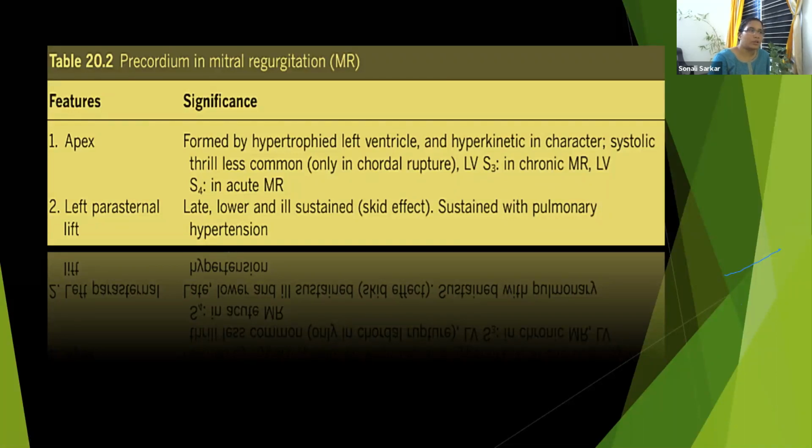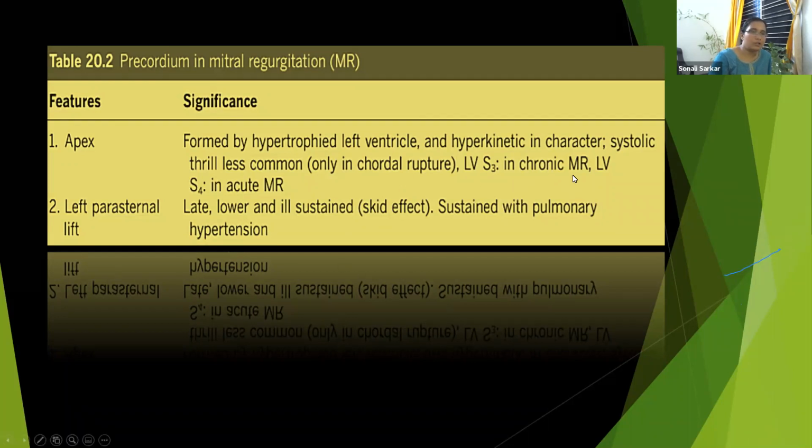Diastolic thrill in mitral stenosis is common. Now you will also find an LV S3. That is, in diastole you may feel that the heart is coming back and producing a pulsating sensation on your fingers. It feels like the purring of a cat. If you have touched a cat who is lying quietly but purring, those people will be able to recognize LV S3 easier. The feeling is the same, purring of a cat.